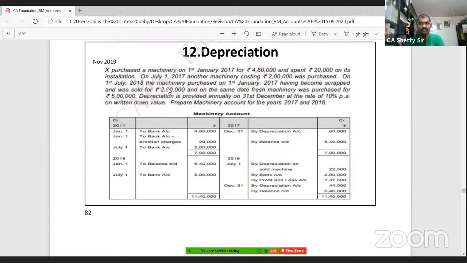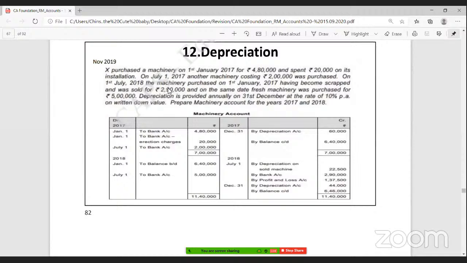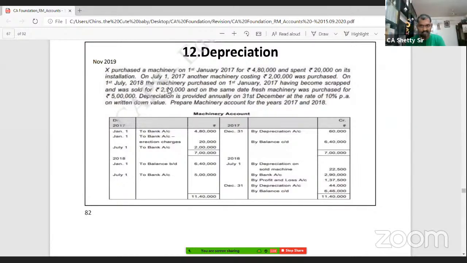All of you understood? Yes, sir. So I repeat, 4,50,000 is the opening balance. Current year depreciation is 22,500. It comes to 4,27,500. Sold at this value. Difference is 1,37,500. Now below that you write, beautiful concept. Please note,